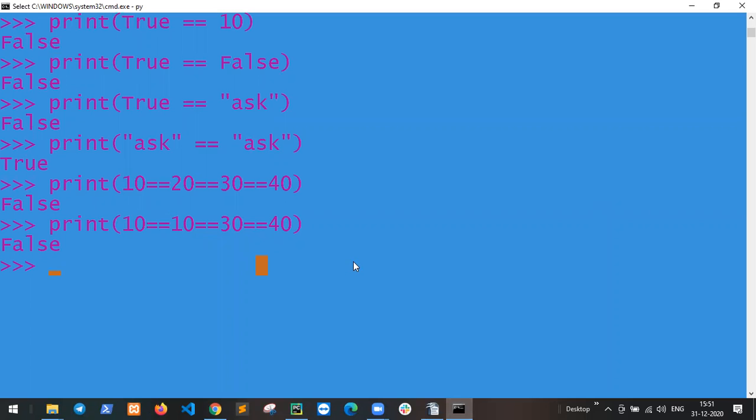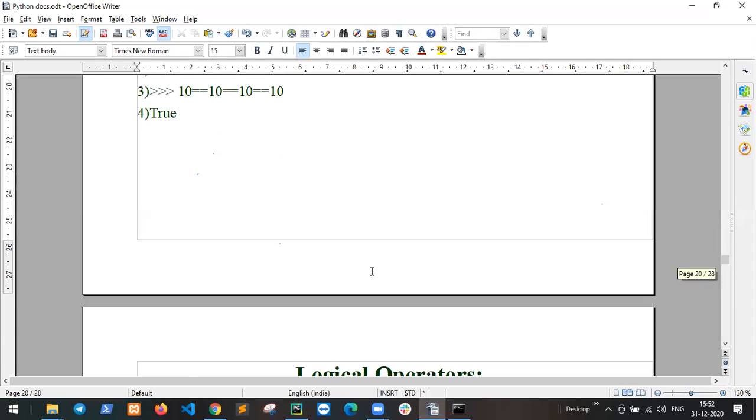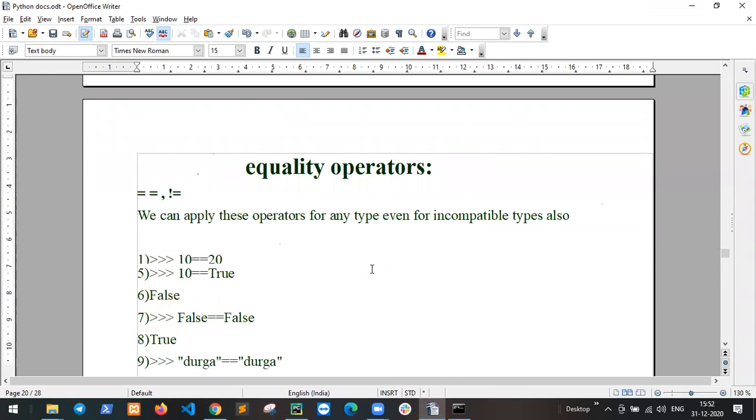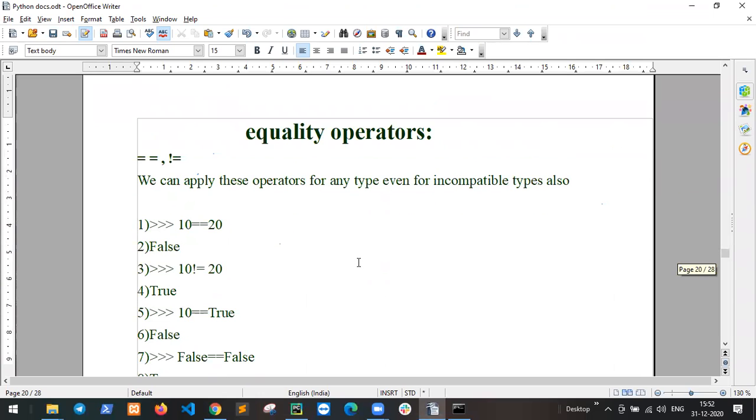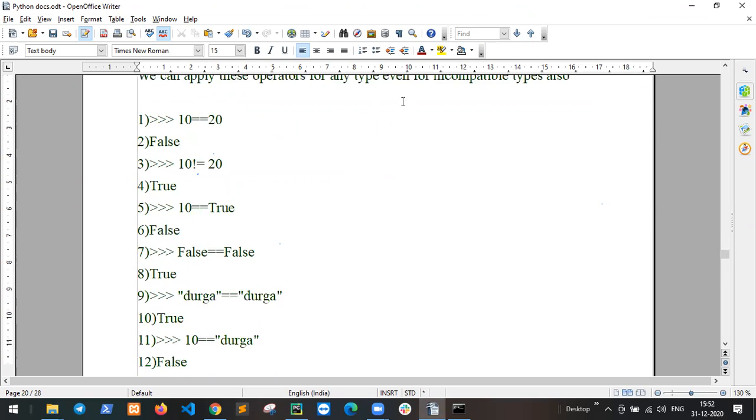And if I say 10, 10, 10, 10, all the same, the result becomes true. Without equality operators? No, sir. Okay, got it now? Yes, sir. Okay, great.